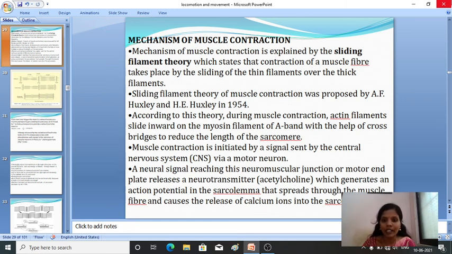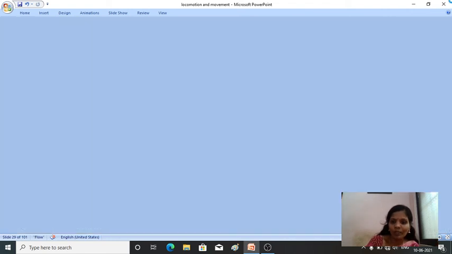What happens in the mechanism of muscle contraction, I will tell you just a few highlight points. Here the thin filaments slide over the thick filaments. During sliding, the bridge, that is